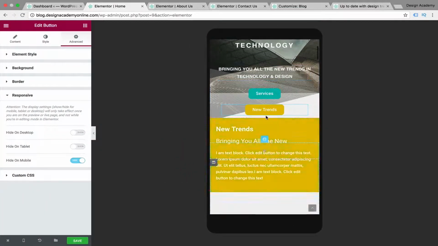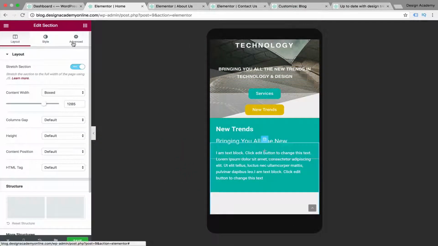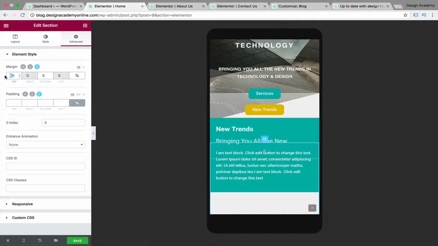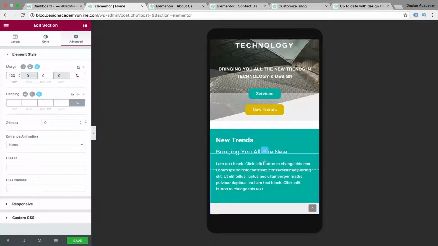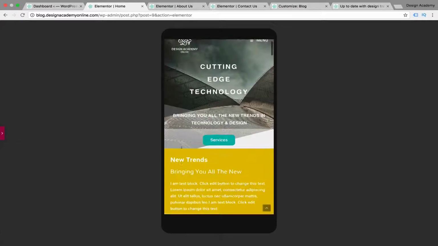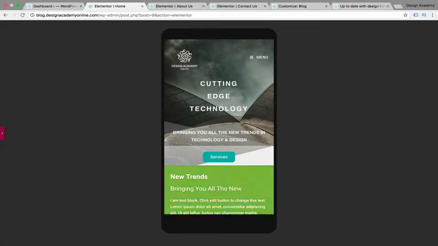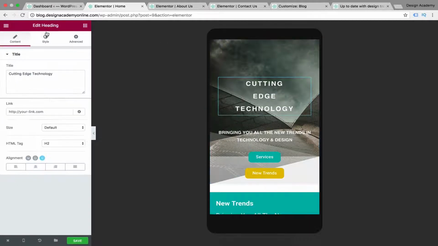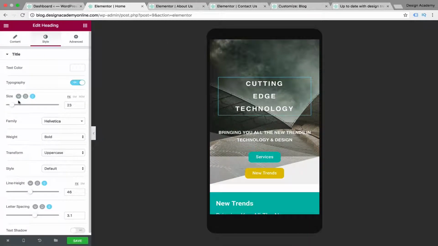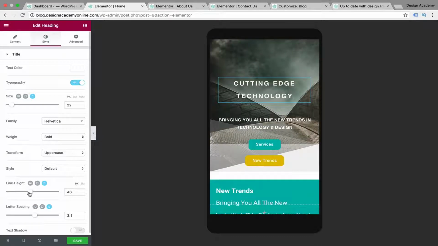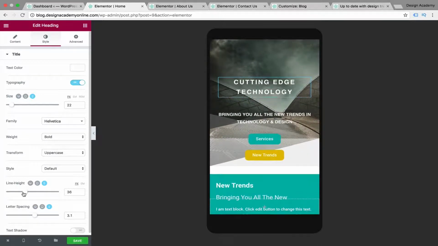Okay, then you will be having only one button. I think we need to move this one more to the bottom, 120, and let's preview that. Now it looks even better. Maybe we need to customize our typography a little bit more in here. I don't like how it looks, so we can increase. We might reduce our line height for our typography like that,